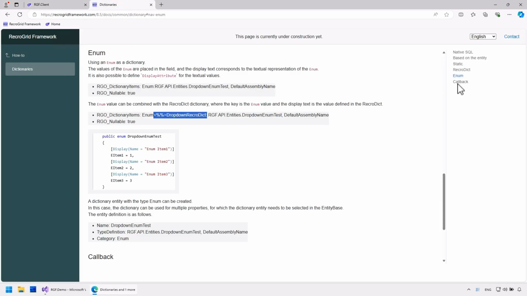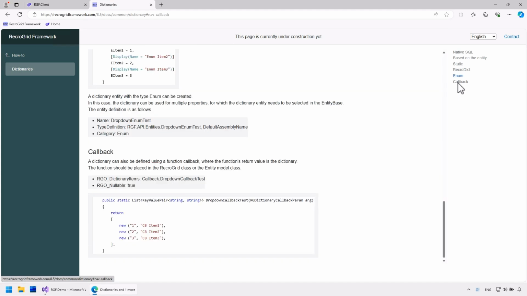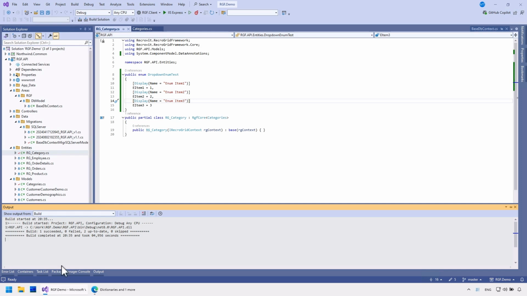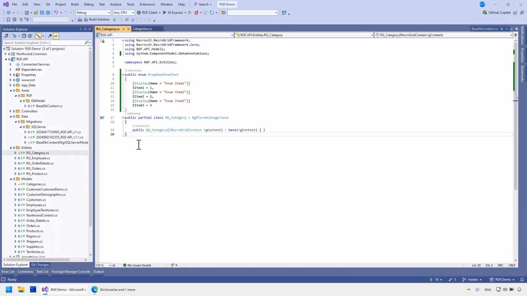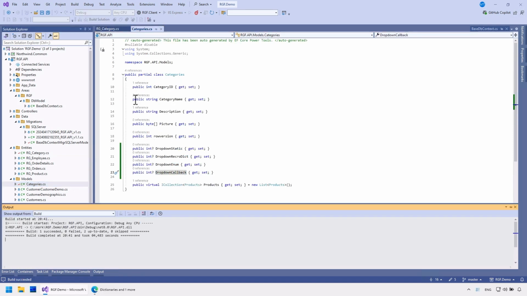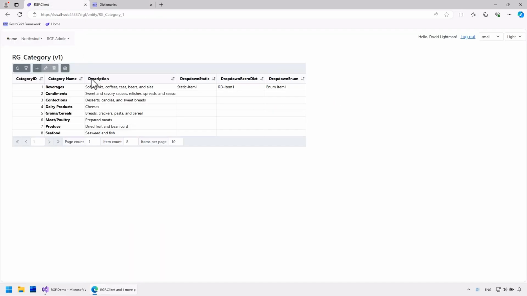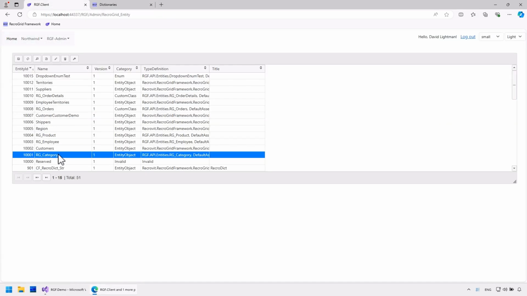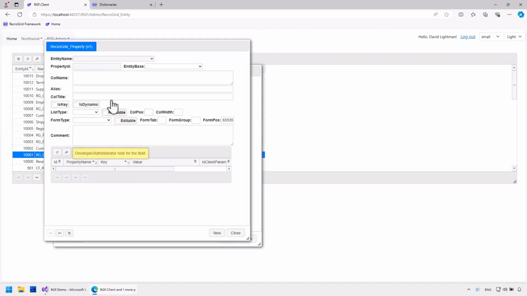The last method we'll look at is a commonly used solution in other systems, the callback. In this case, a function is called before the list is filled, which has to return the dictionary. This function should be placed in the Recrogrid or the entity model class. I'll make a new build. Finally, I'll add the last field for the callback dictionary.